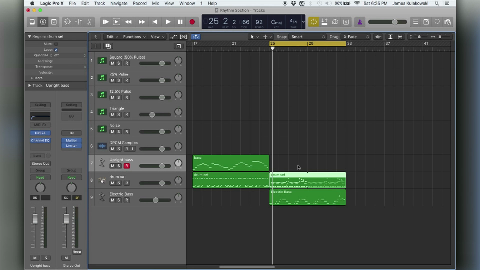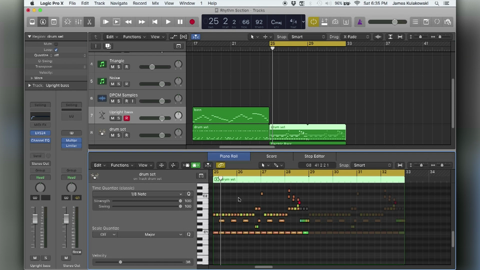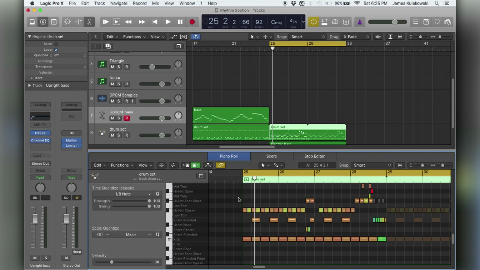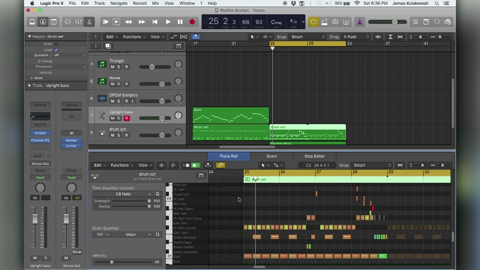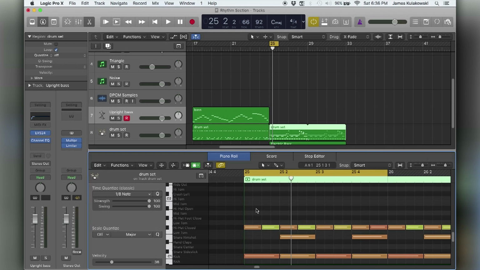Now, let's focus our attention on the drum set. The drum set part may seem a little crazy if you've never written a drum part. It's really just a simple pattern with some fills. If we focus just on the opening bar, you'll see that we have three main components, just as we did